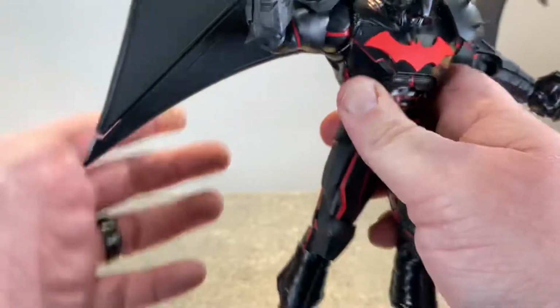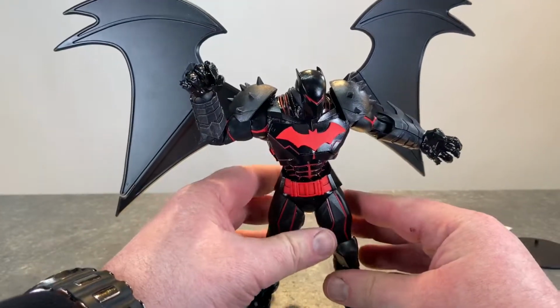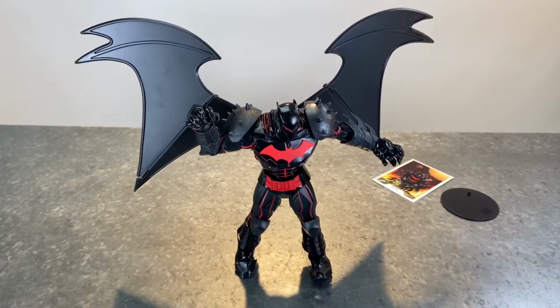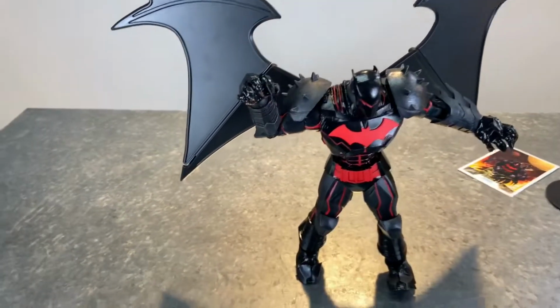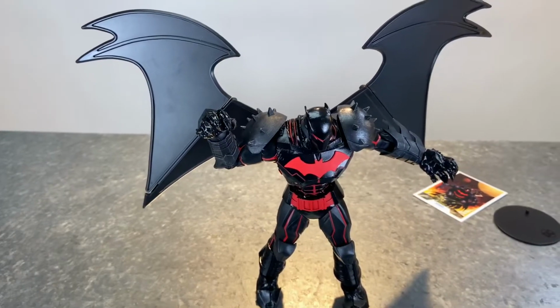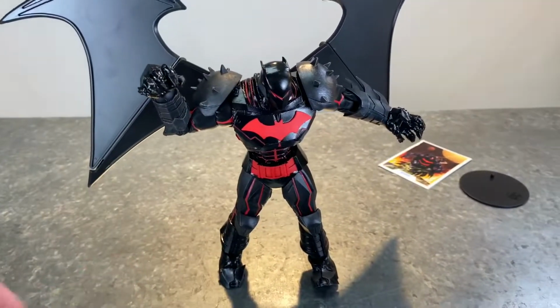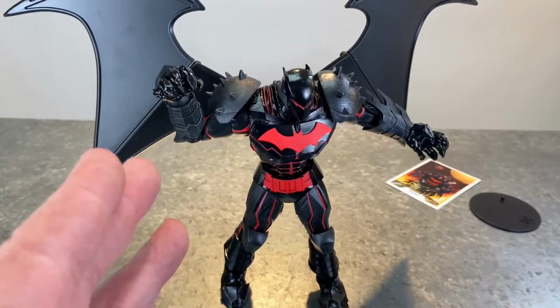And then we'll go around just like that. And it makes this figure absolutely huge. Oh my goodness, I could barely keep it all within the frame. Look how big this is. That is awesome. I will say this for this figure, even with his wings out, unlike the Superman Unchained, he